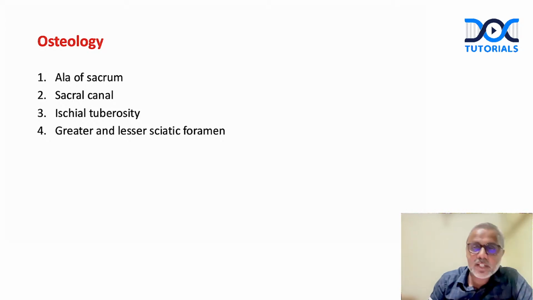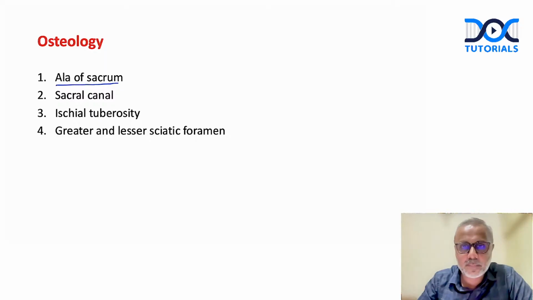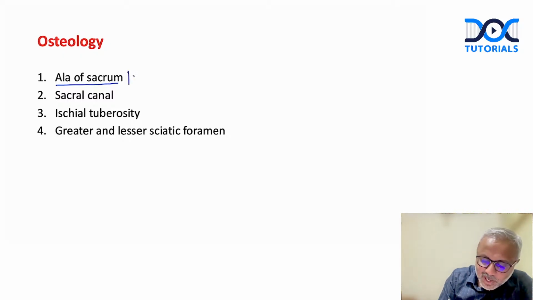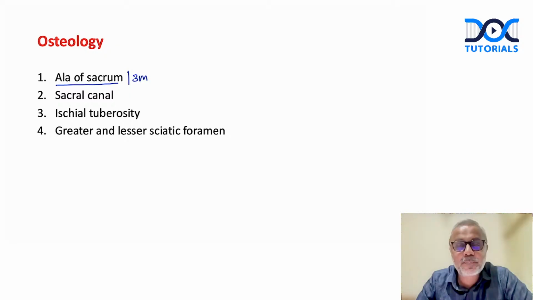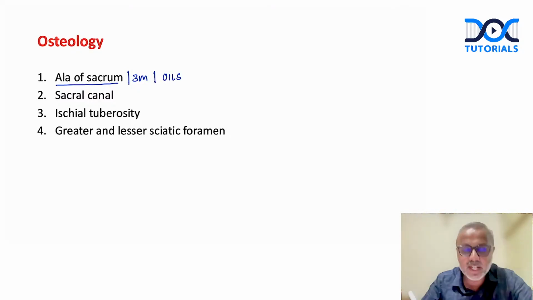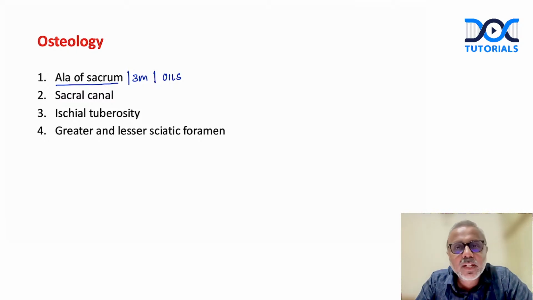The first question I want to point out is from the sacrum. In the entire topic of lumbar vertebrae and the sacrum, we can expect a three-marker question on the ala of the sacrum. The structures related to the ala of the sacrum is a very important three-marker and also an important spot question for your practical exam. We can remember it using the mnemonic OILS, from lateral to medial side. So structures related to ala, an important three marker.